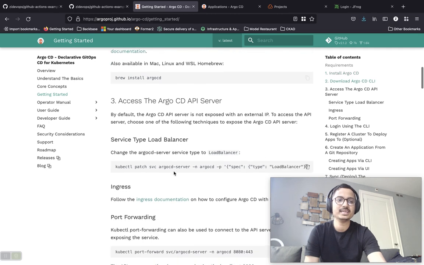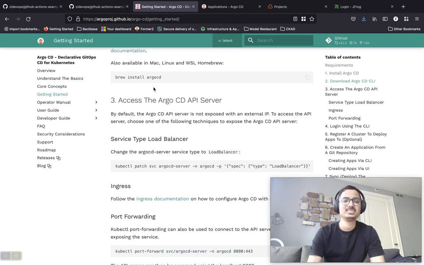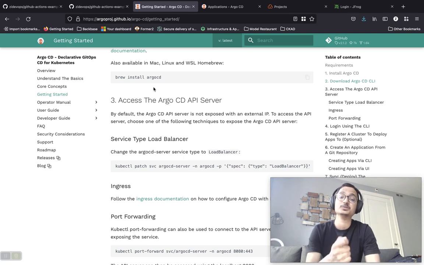And then you can access your username, that is the initial admin username, using the Argo CD CLI and set a new password to it so that you will be able to access the Argo CD's user interface using this new username and password. And if you want to access Argo CD rather than using port forwarding, you can also patch the service of Argo CD server to use a load balancer. So it would create a load balancer on the AWS side if you're using EKS, which would automatically allow you to access Argo CD through a DNS endpoint.